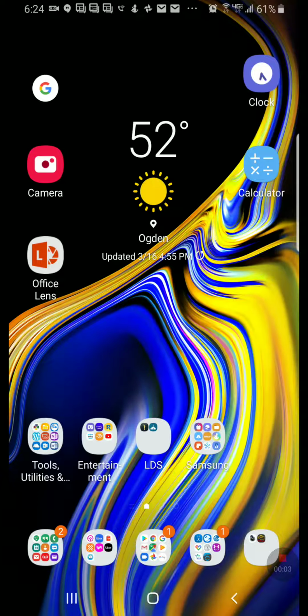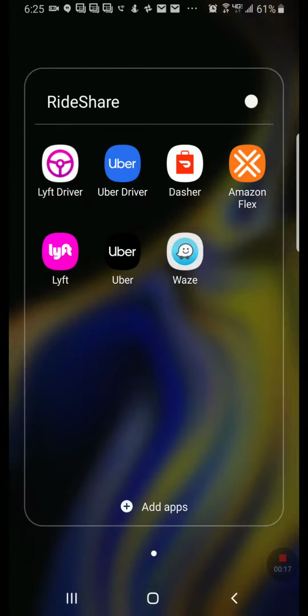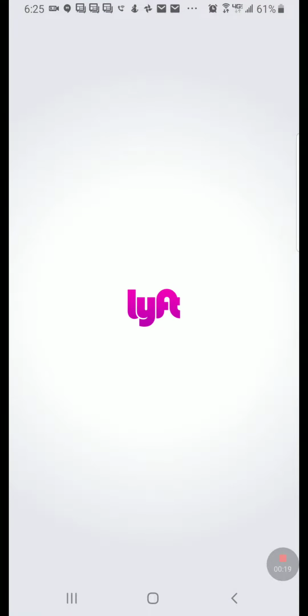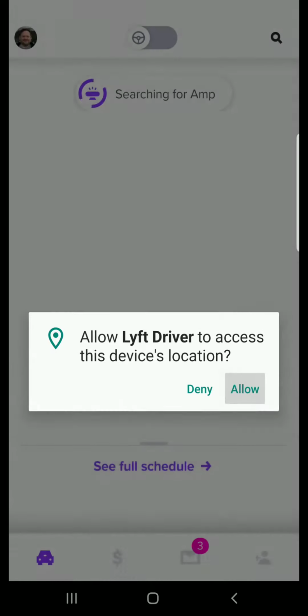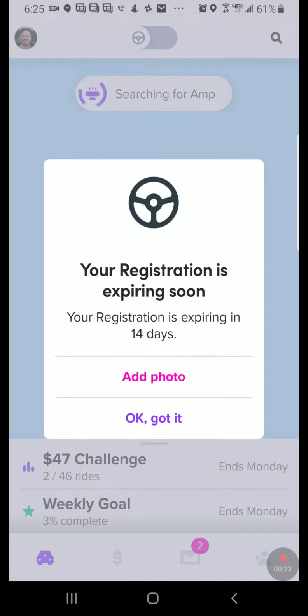My Note 9 just updated to Android 9, and I noticed that the split screen operates differently now. So I thought I'd make a video that shows you how to do a split screen. I use Uber and Lyft with a split screen, and